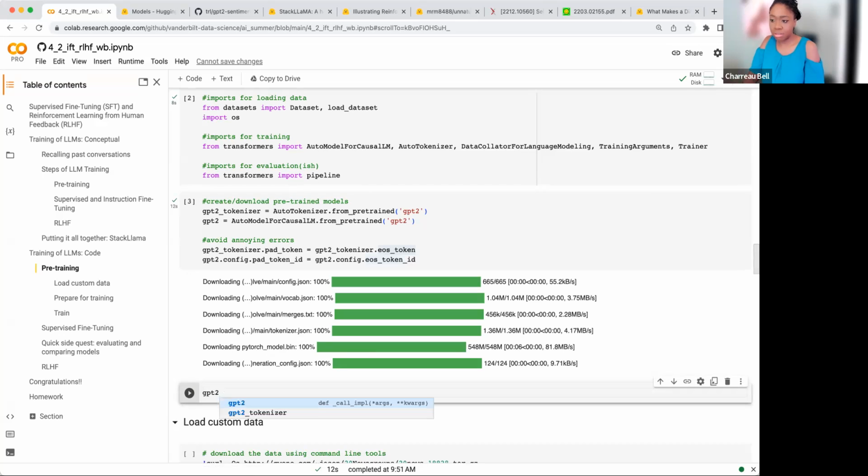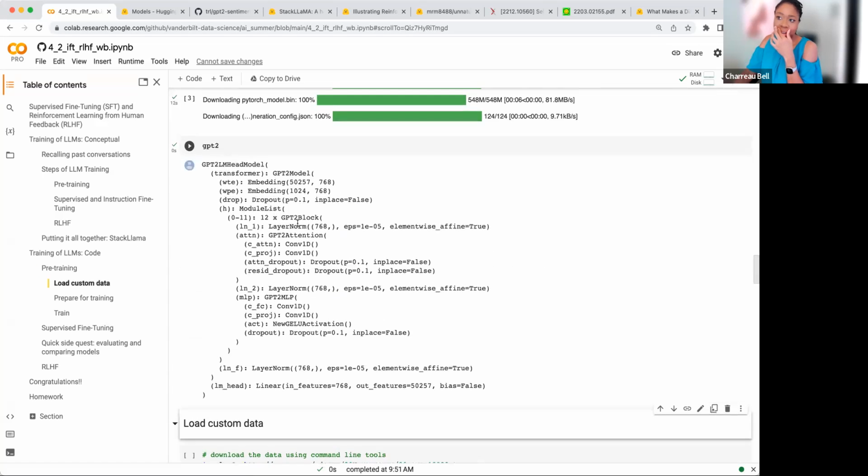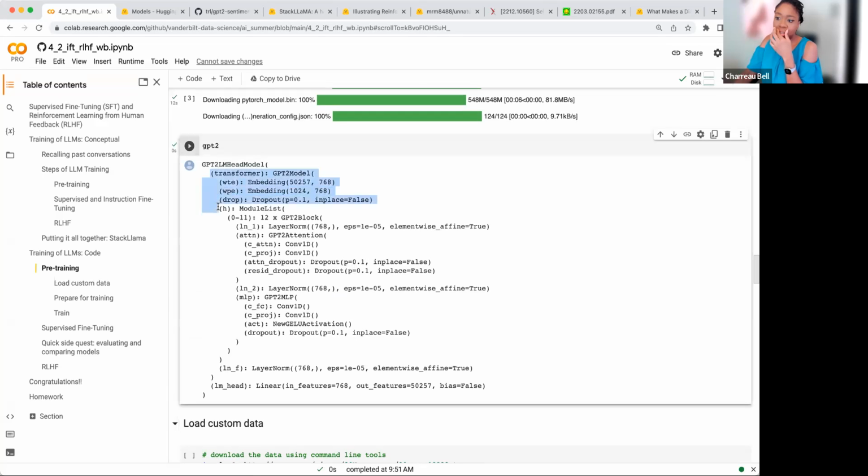We can look at this. So this is the model. I'm just going to shift-enter to run this. So here you have GPT-2 with the language modeling head. Here goes your actual transformer. So this is GPT-2, the transformer part.